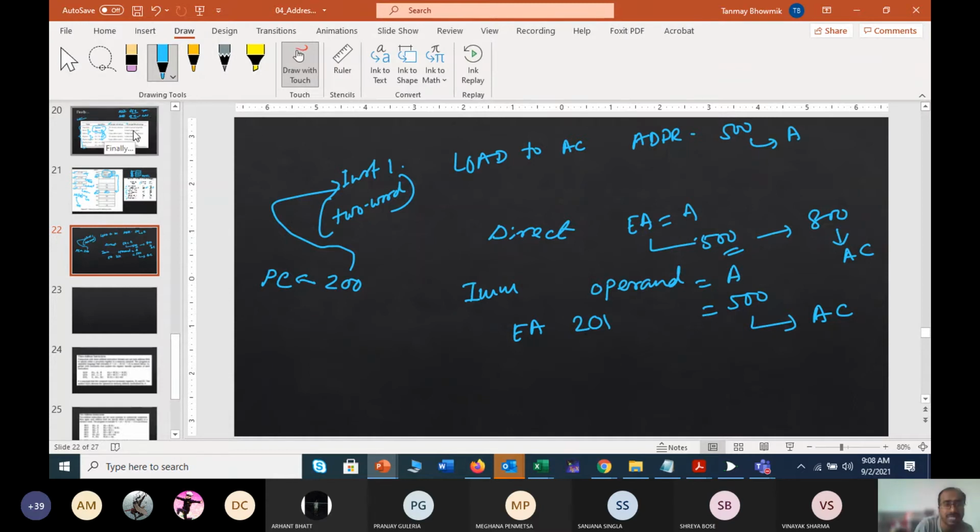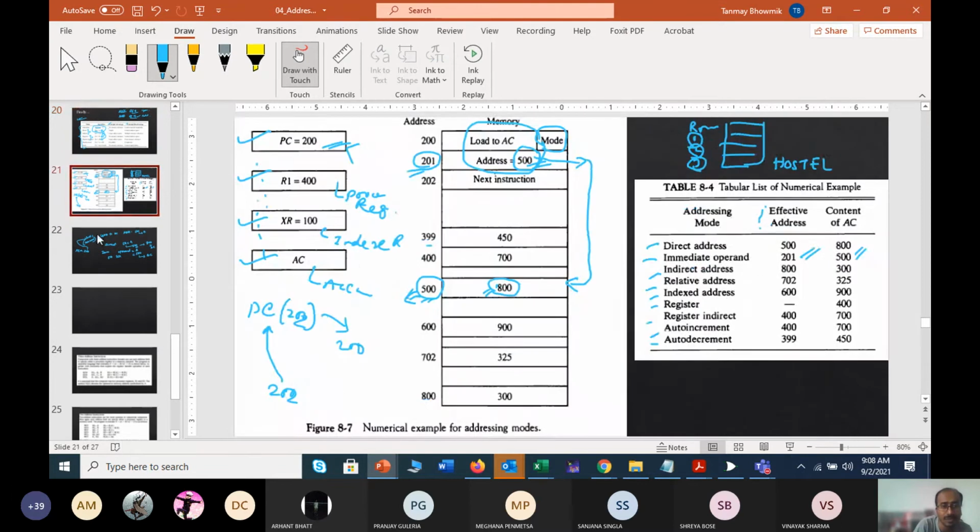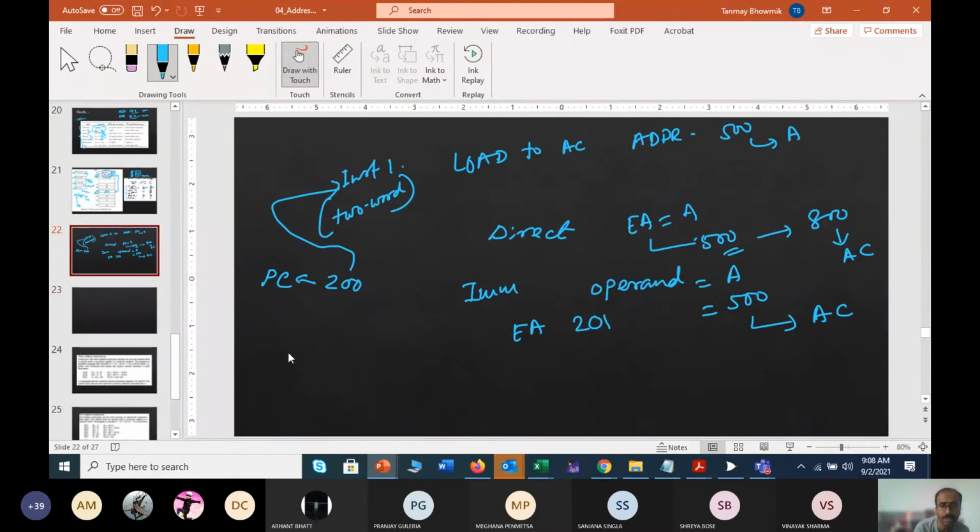Now think that you have been given the indirect addressing mode. So what will you do? In case of indirect, it is like 500 with a parenthesis. That means the data stored in 500 is again an address only, not any data or operand.